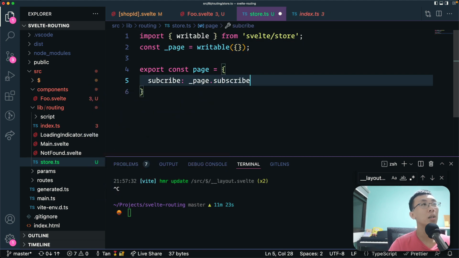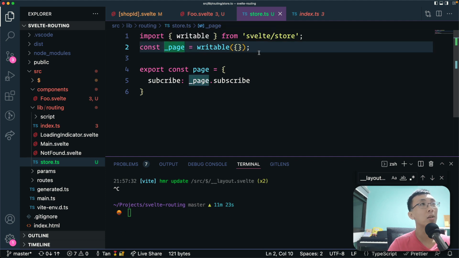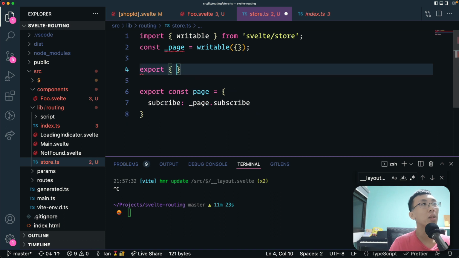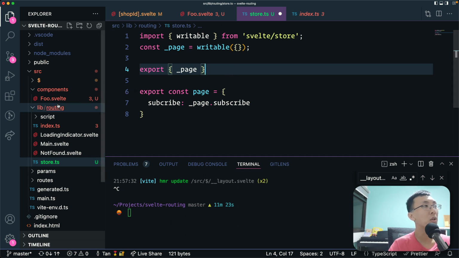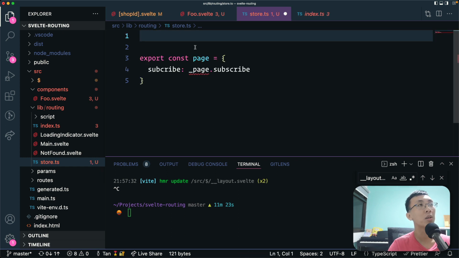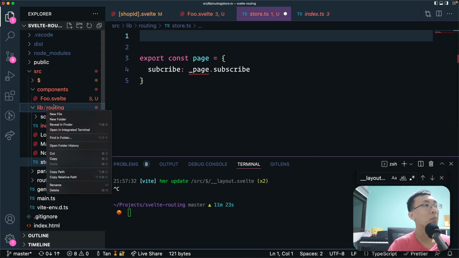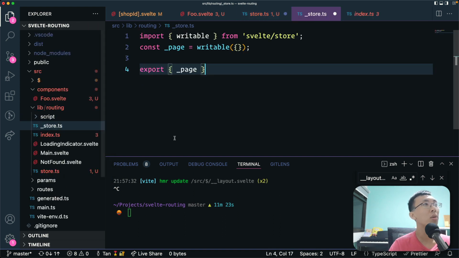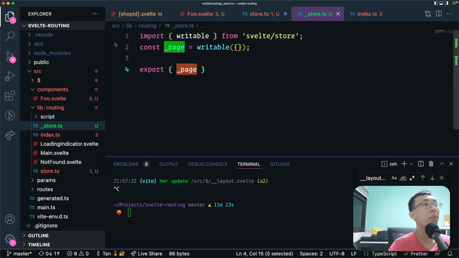I was thinking of doing something like this, but then I have to also have this handle to update the value. So I would also have to export this page out, but that would mean there will be 2 exports from this file. Maybe it'll be confusing for the user. So I'm thinking this whole store should be exported from somewhere, and we should just import from here. Maybe creating an internal file called _store that stores this one,